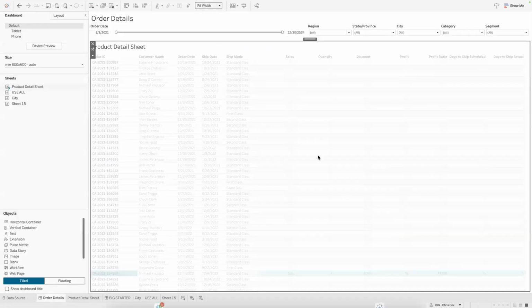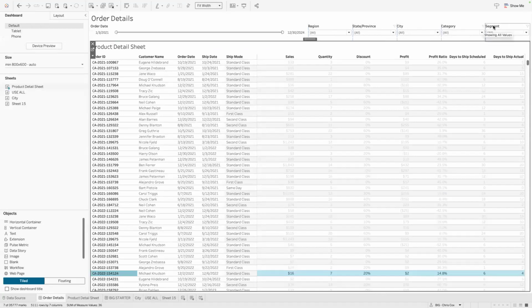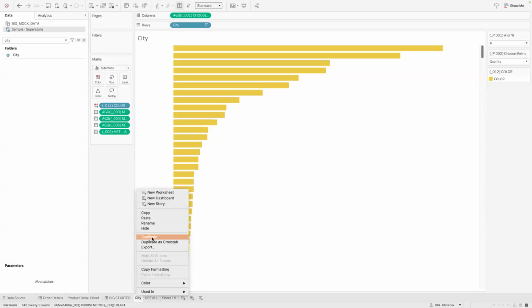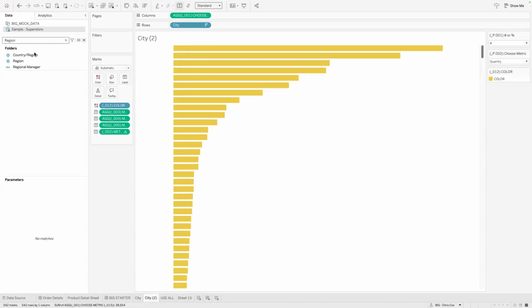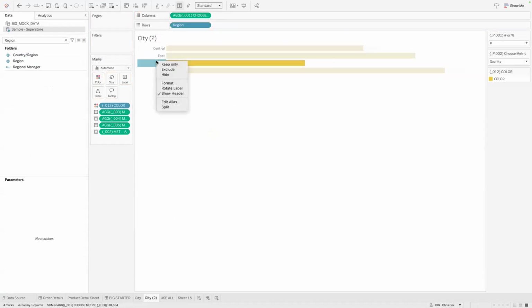So on this dashboard, we've got region, city, category, and segment. So let's do those. I'm just going to do duplicate. Let's do region. Okay, same deal, format.